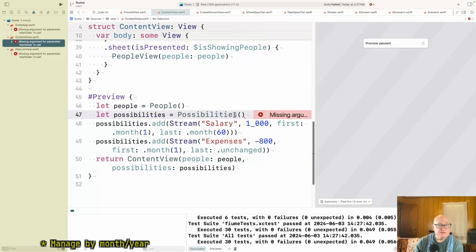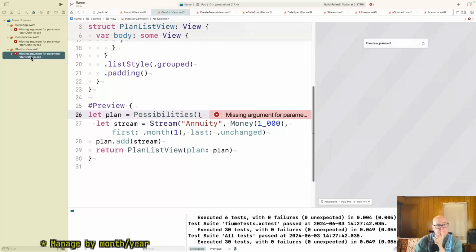Content view then needs it. Plan list. Okay.